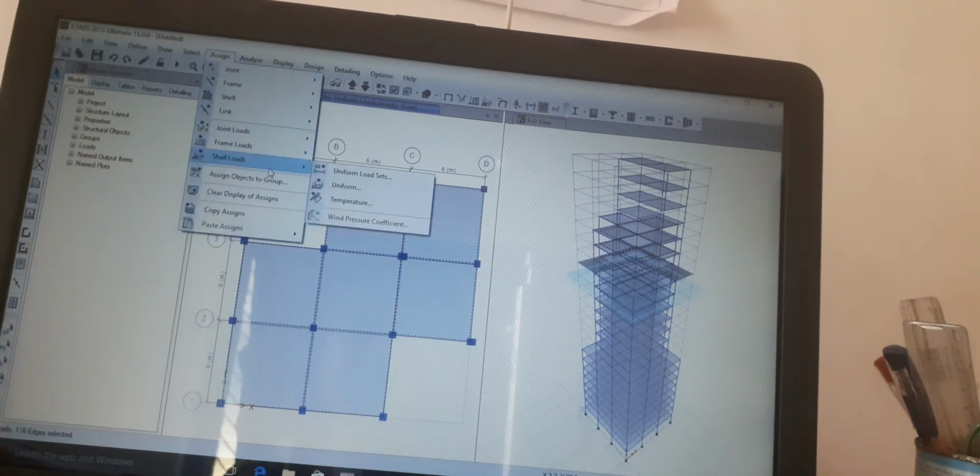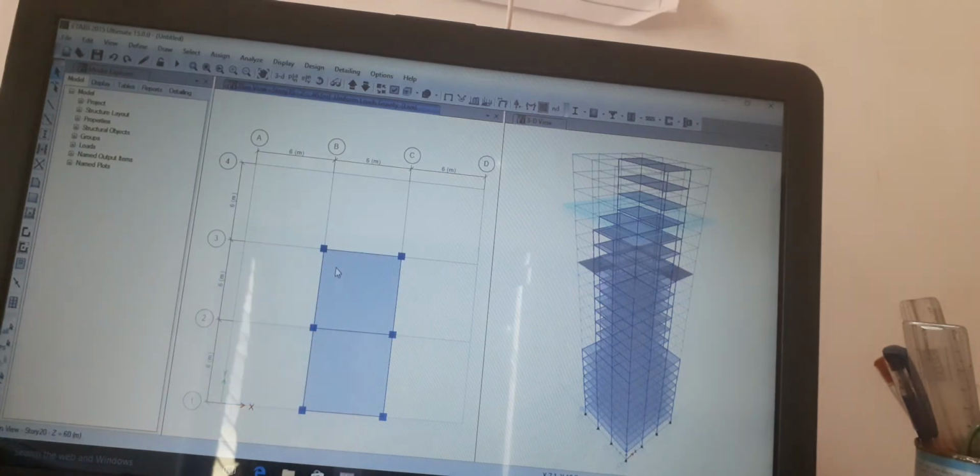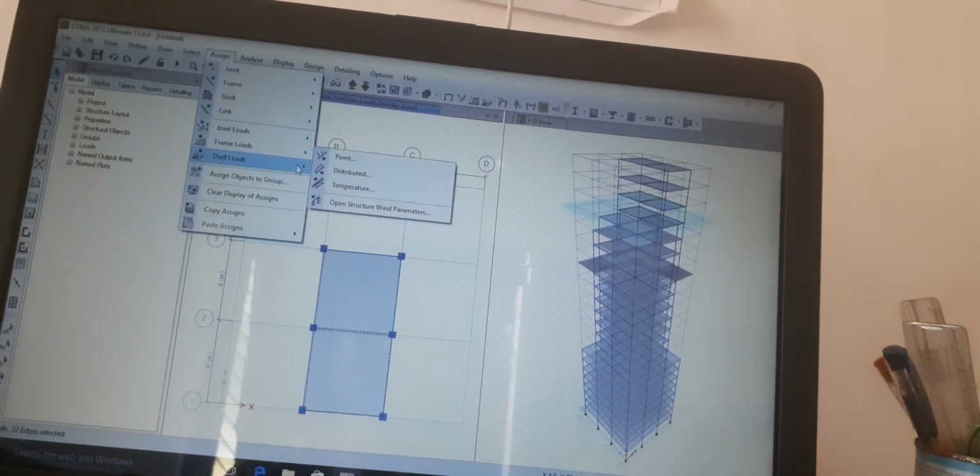Assign menu, shell uniform. We have to change the load into 4. Apply. OK. Here we have to go to the plan view story 20, select this, assign menu,